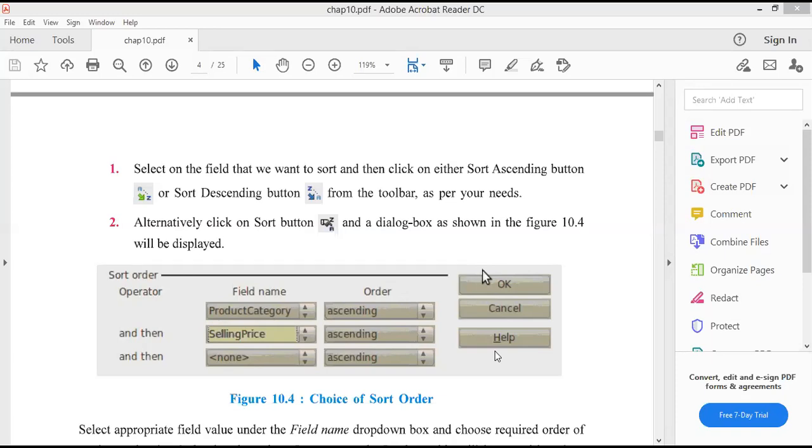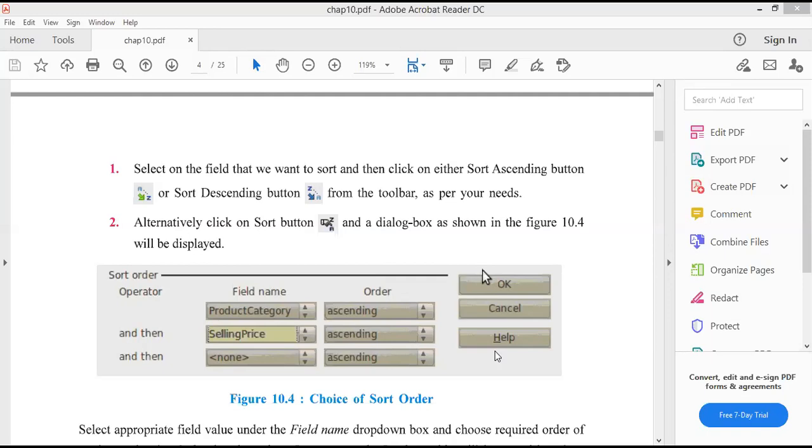Inventory ODB. These four things are available in the database: tables, queries, forms and reports. What is a table? Where we can arrange the records. What is a query? The particular information which we want to access from that table. What is a form? Forms are used to enter the data into the tables. In the previous chapter, I already explained all the definitions of table, query, form and report.